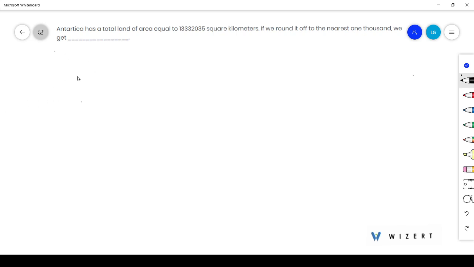Now, total area is 13,332,035. Okay. Now, to round off to the nearest 1000,